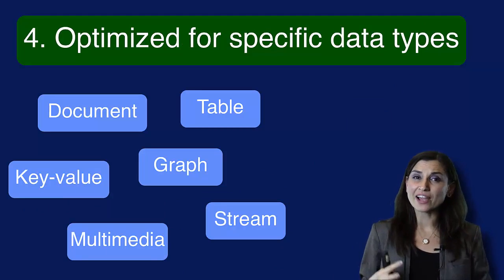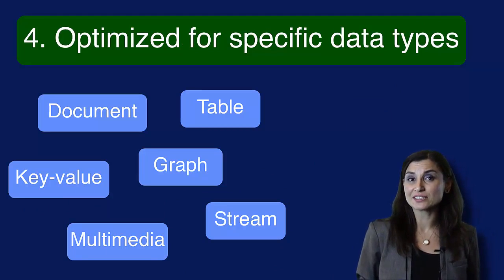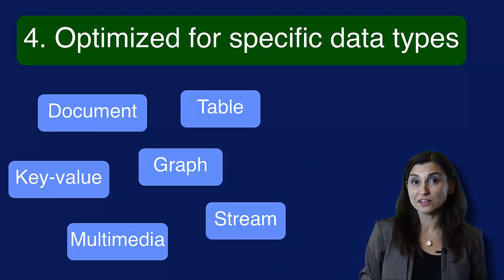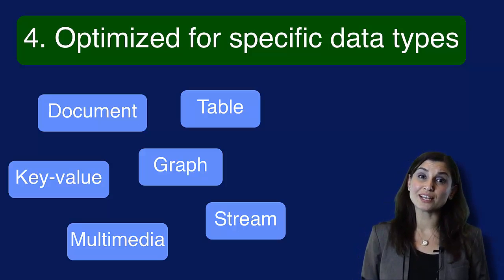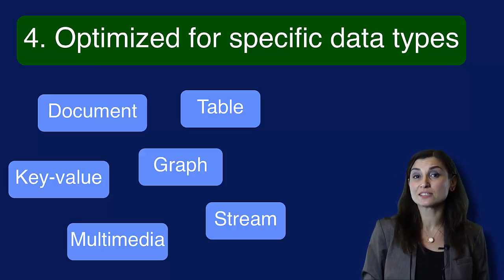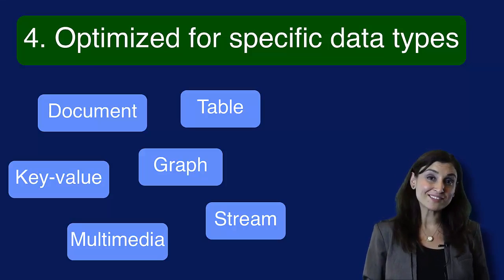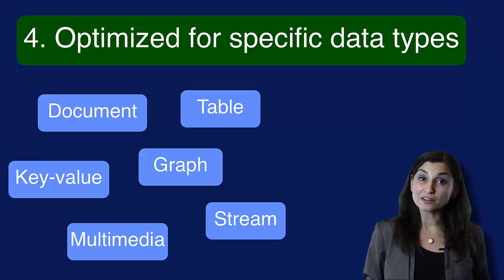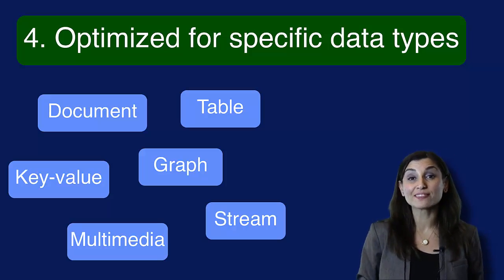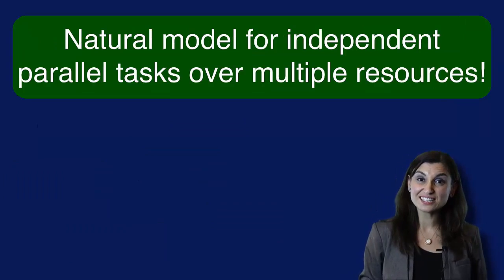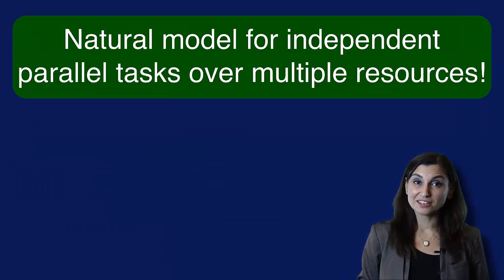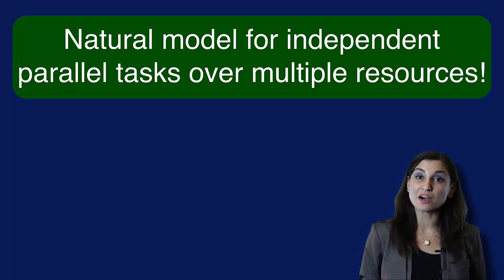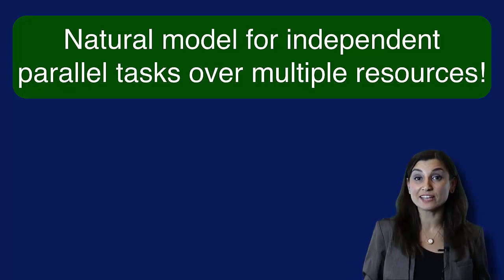Since there are a variety of different types of data, such as documents, graphs, tables, key values, etc., a programming model should enable operations over a particular set of these types. Not every type of data may be supported by a particular model, but the models should be optimized for at least one type. Is it getting a little complicated? It doesn't have to be. In fact, we apply similar models in our daily lives for everyday tasks.